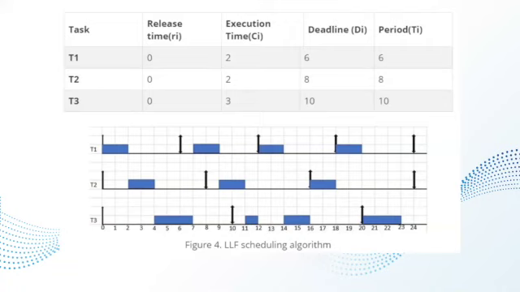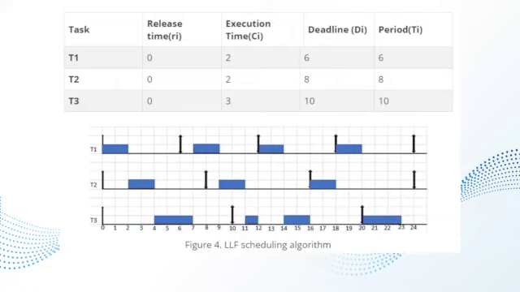After T2 starts running at a time equal to 10, due to the laxity comparison, T2 has higher priority than T3. So it's going to complete the execution as follows. L2 is going to be equal to 16 minus 10 plus 1, which is going to be equal to 5. And L3 is going to be equal to 20 minus 10 plus 3. That's going to be equal to 7.